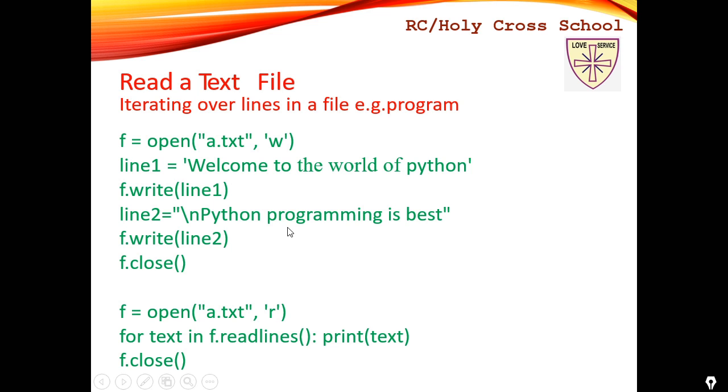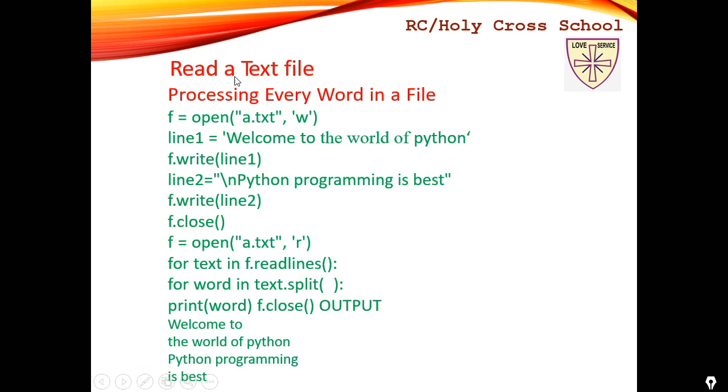Okay, what is this one? So in the file, line number 1 you have written, then line number 2 you have written, then you have closed it. Then you are going to write here how many lines are to be printed. So the first line will be printed, the second line will be printed, that text is here. You can take some time and see all this, how to read and process every word in a file. Okay, so you can take some time and see it line by line.